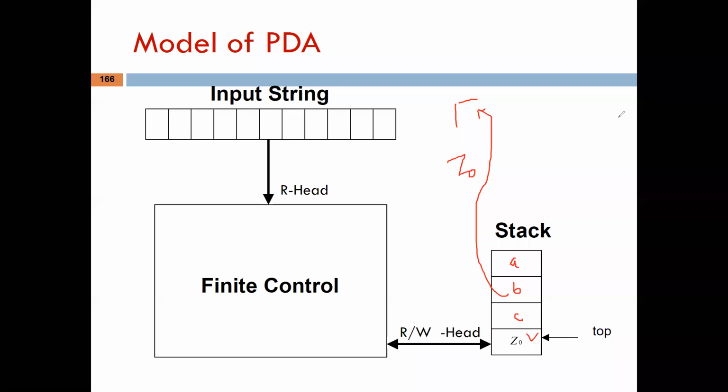For example, if we want to pop out this element, it is not possible in the case of a stack, means we cannot pop out a particular element from the stack. We will start from the top of the stack, right? So the top pointer will be pointing to this particular point, that is A. So we can pop out the element that is the topmost element, and after popping out the element, the top pointer will be decreased by 1 point. Similarly, if we push any element into the stack, then the top pointer will be increased.